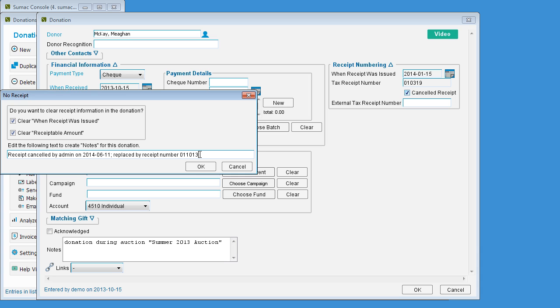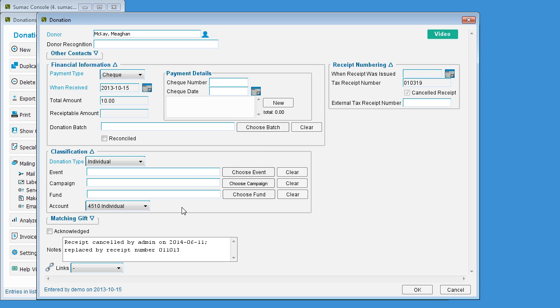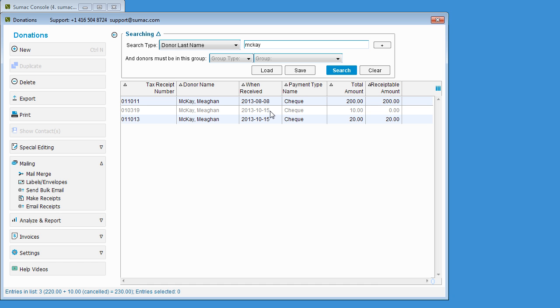Click OK, and notice that SUMAC filled all of that information into the Notes field of this donation record. Click OK to save this change. Notice that SUMAC shows canceled